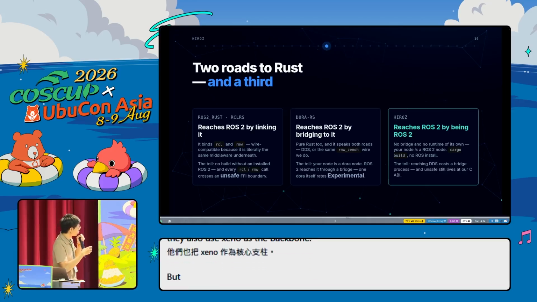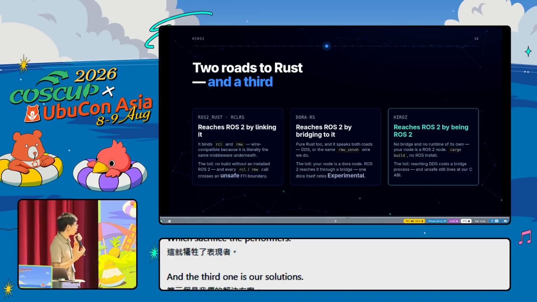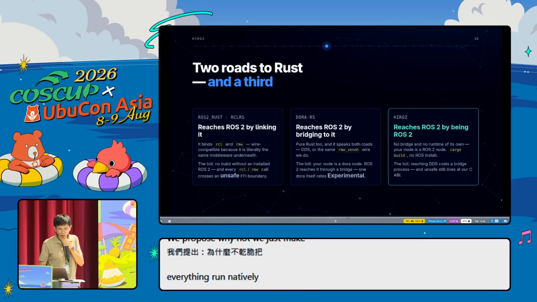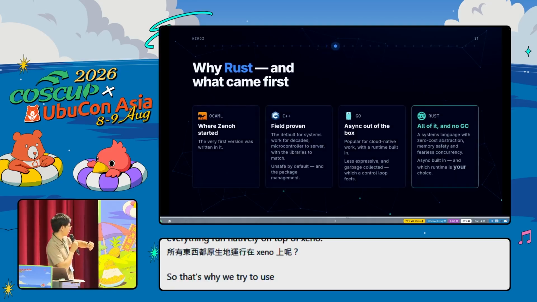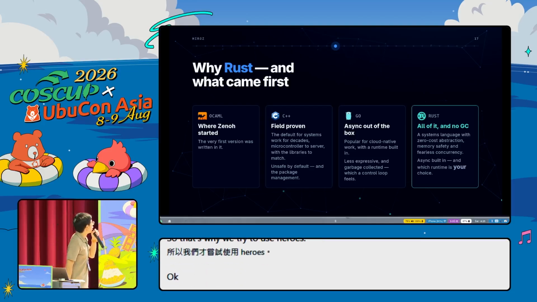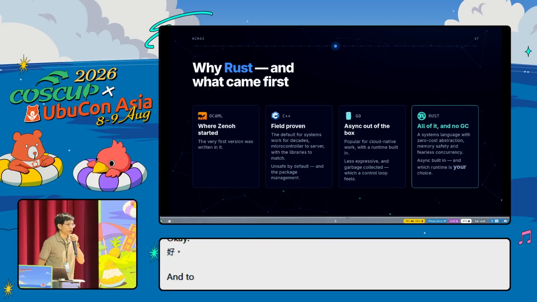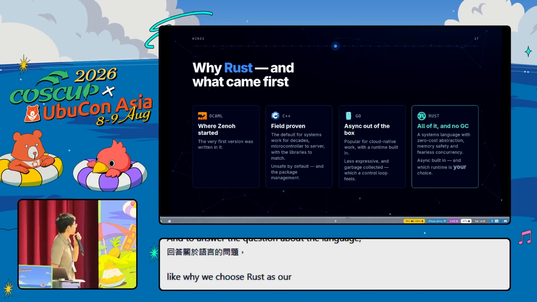But to make it bridge to Rust 2, they use a bridge, which sacrifices the performance. And the third one is our solution. We propose, why not we just make everything run natively on top of Zenoh? So that's why we try to use Hiroz. Okay? And to answer the question about the language, like why we choose Rust as our priority, why not use